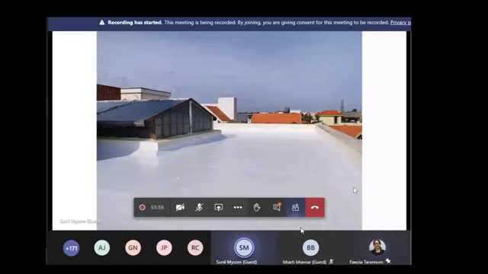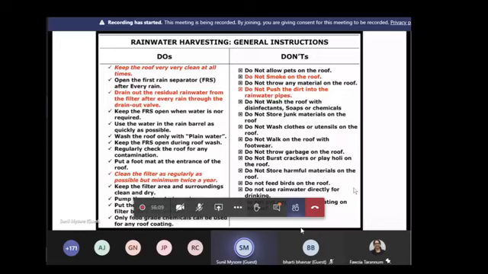This is the kind of ideal catchment. This is a brief list of do's and don'ts which I circulate to everybody who asks about rainwater harvesting. The slide will definitely be shared, so I will not go into detail. But if you look at this, most of the things are related to the roof. Do not store harmful material on the roof, do not feed birds on the roof, do not store junk material on the roof, keep the roof clean. Everything possible has to do with the roof itself. All other things are secondary. Most important is the catchment. It is true with everything: if you've got more forest, the silt will be less in the dams. If you've got greenery, the silt will be low in your lakes.